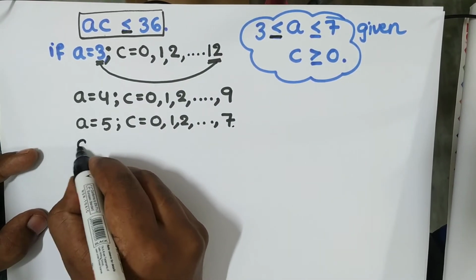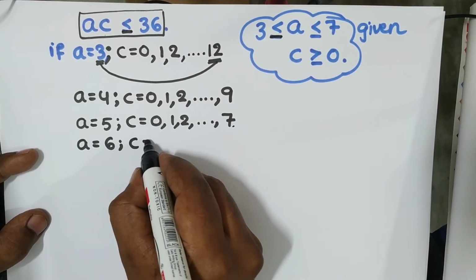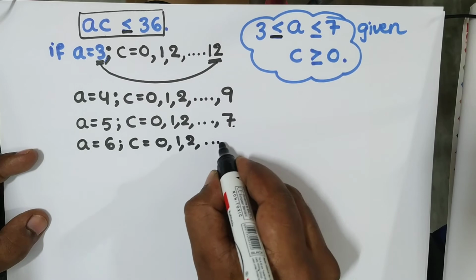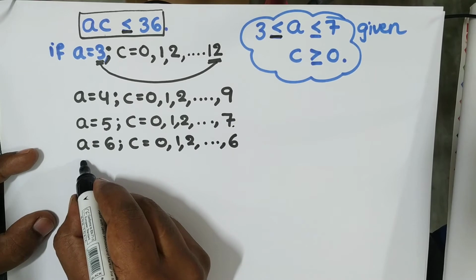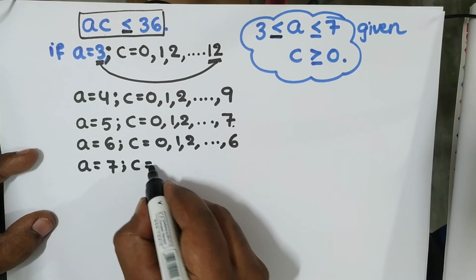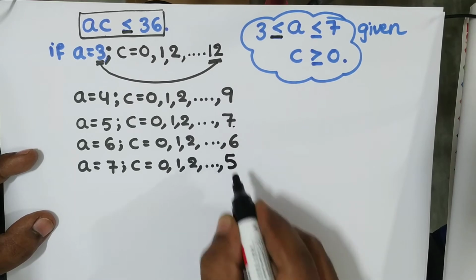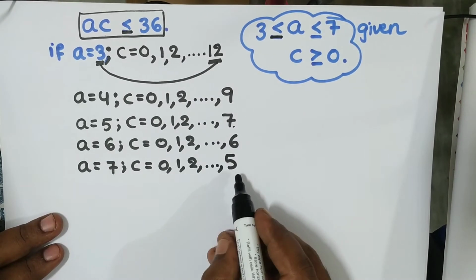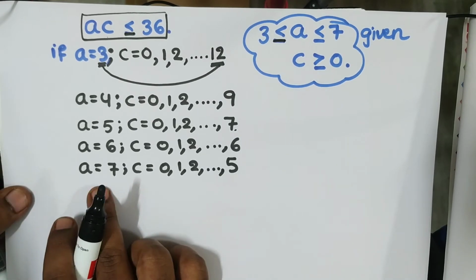So how long do we go here? Let's check. We have time, right? So A equal to 6. So C, I can take again 0, 1, 2, and so on, up to 6. Okay. And I can take one more, that is A is equal to 7. And I can take C is equal to 0, 1, 2, and so on. I can take up to 5. Yeah, 7 5s are 35, again satisfying. For C equal to 6, this condition is violated. I can't go for C equal to 6 for A equal to 7.